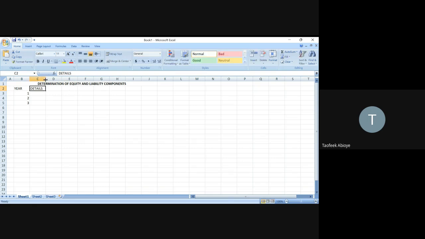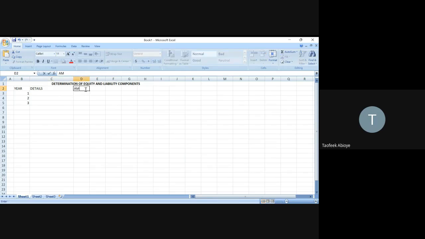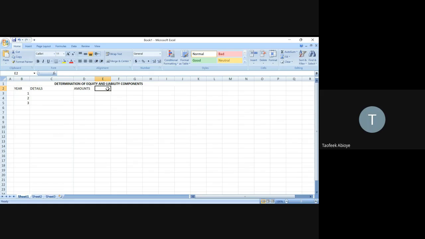So these details will be a little bit long. Then we have amount. After amount, we have discount factor at